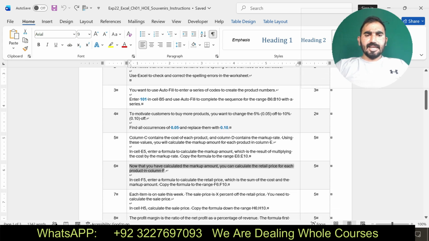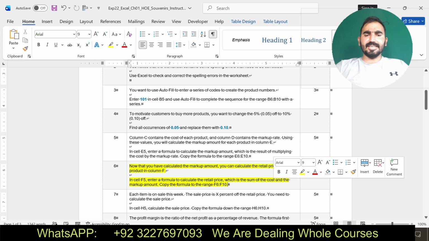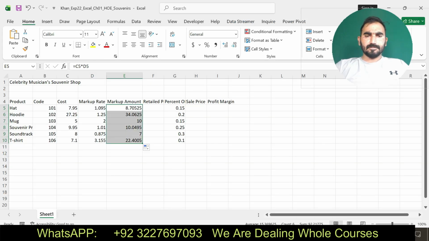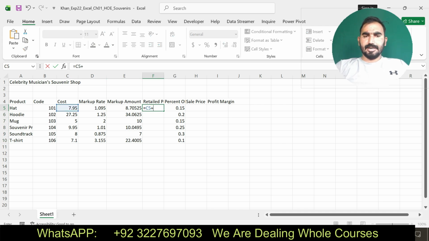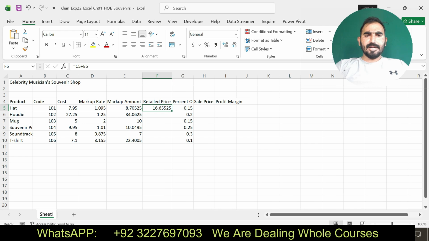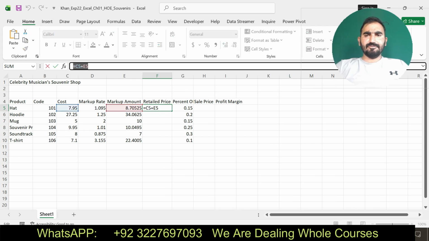It says in cell F5 enter a formula to calculate the retail price, which is the sum of the cost and the markup amount. Copy the formula. Now I am going to do step number 6. In cell F5 enter a formula to calculate the retail price, which is the sum of cost and markup amount. Here you can see I have found the function in cell F5 by applying C5 plus E5.